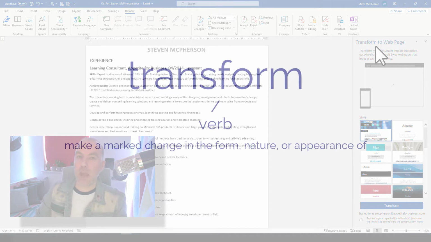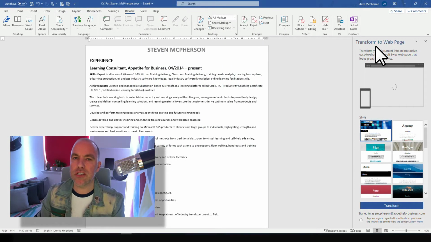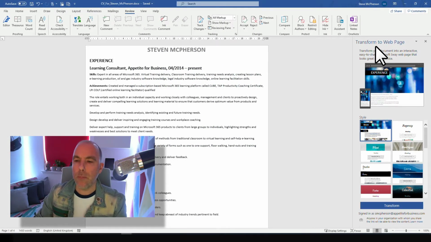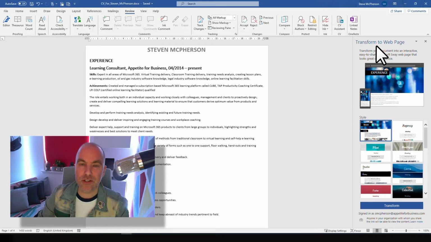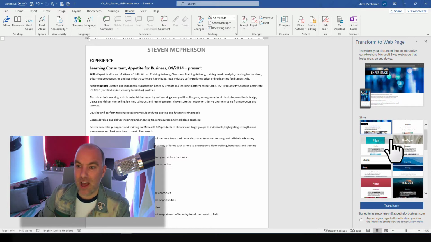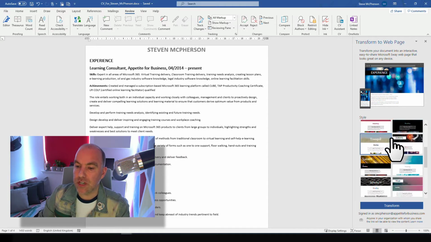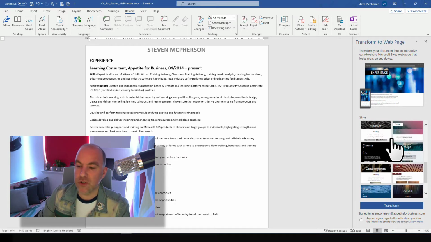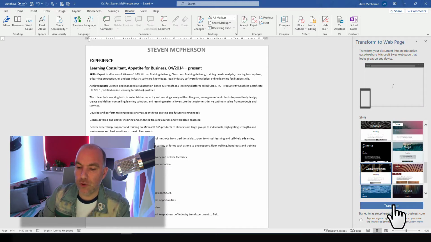And with Sway, I'm not going to go into too much detail about how it works today, but you can customize it. You can decide how you want it to look and feel. It'll give you a few suggested styles here. So if I just pick one just for demonstration purposes, if I pick this one, press transform again,